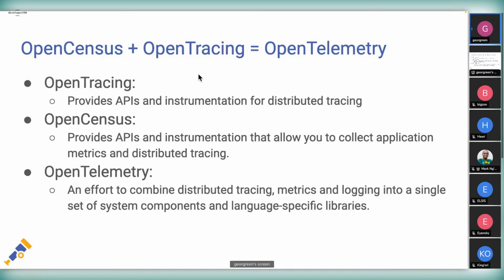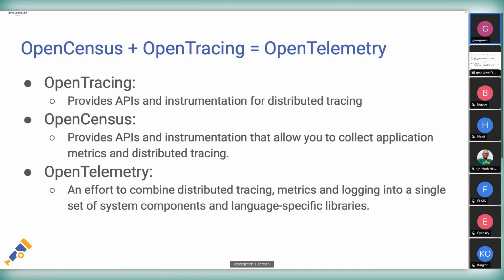So OpenTelemetry is an open source project, and the origins are that there are two projects. I think they were started around 2015, and these two projects, OpenTracing and OpenCensus, merged, and then they formed OpenTelemetry. And how we describe OpenTelemetry is essentially,